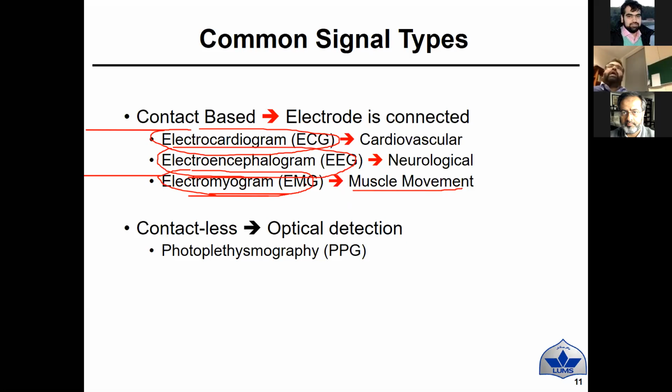Orthopedic surgeons rely a lot on EMGs when they see how your muscle movement is, or even for sportspersons, or even for bowling, they rely on these EMG signals. Then there's another categorization that is contactless, meaning there's no direct contact of electronics with your body. We normally call it optical detection. So you pass some light through your body and you observe the pattern. We normally call these photoplethysmography, PPG signals, and that's pretty much in use nowadays.